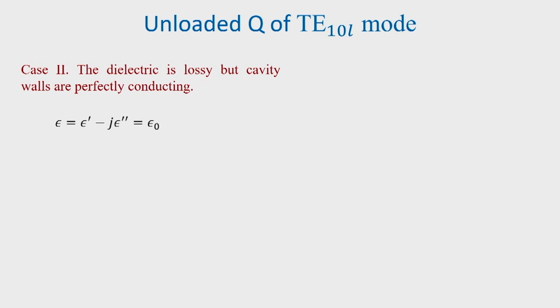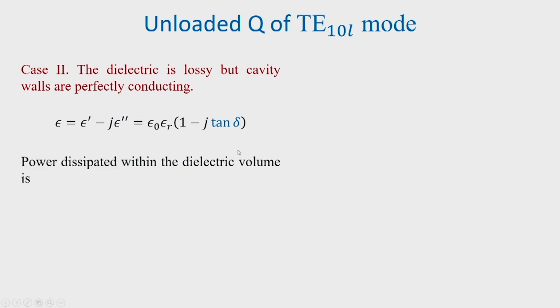And in that case, we can write epsilon to be equal to epsilon dash minus j epsilon double dash, and this we can write as epsilon naught epsilon r times 1 minus j tan delta, where tan delta is the loss tangent, and the power dissipated within the dielectric volume can be found out as Pd equal to half volume integral of J dot E conjugate dV, and this becomes